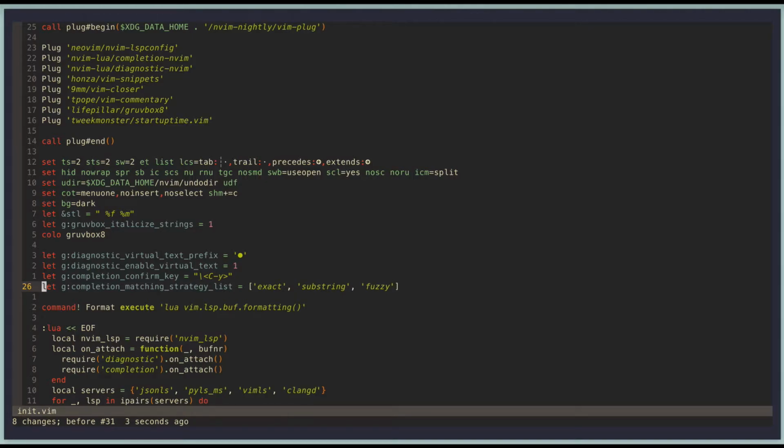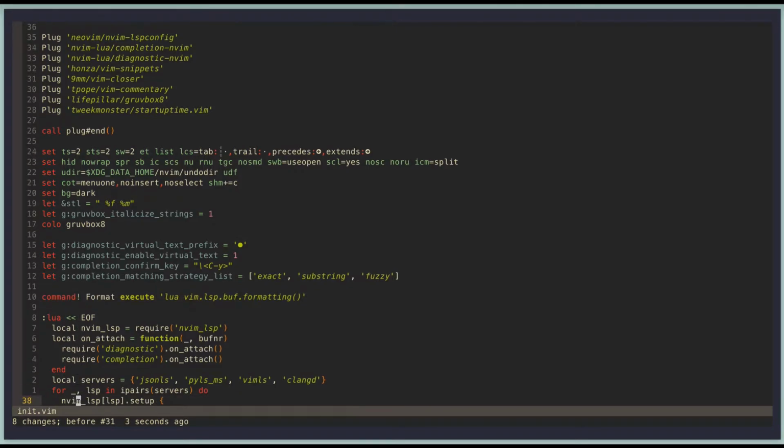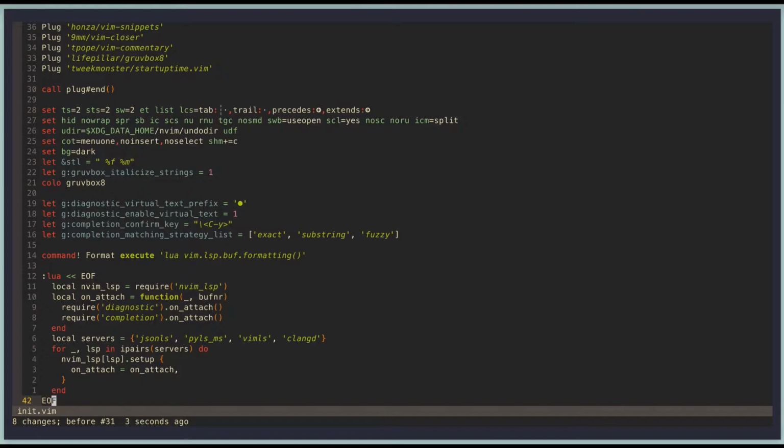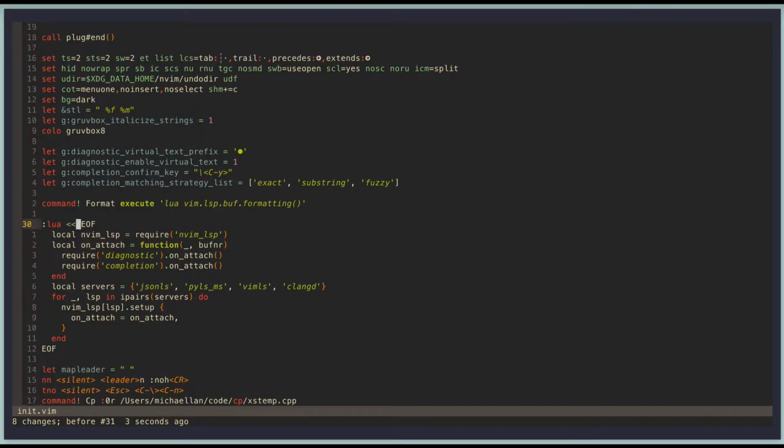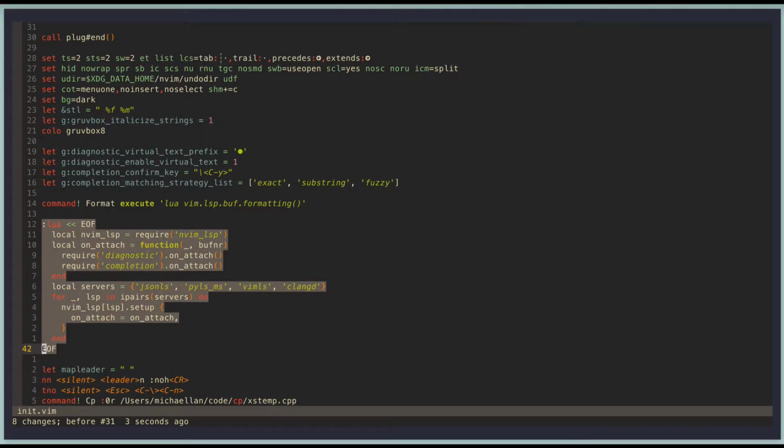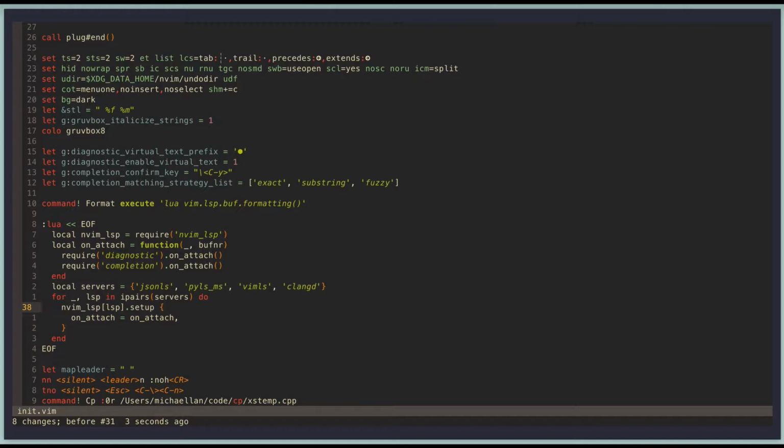So this is simply options that I have for completion and diagnostics. I also have a format command, which will basically format a file for me. I'll demonstrate all this later when I edit a C++ file. And down here, let's go back up. So this is a Lua heredoc, which is basically just running Lua code within my vimrc file. Basically what it does is just